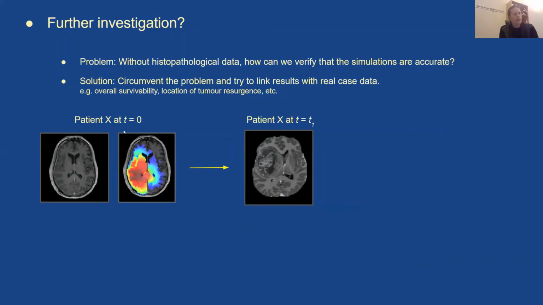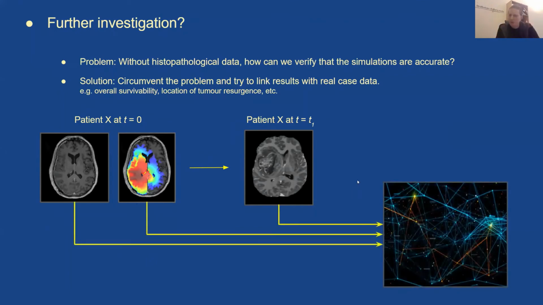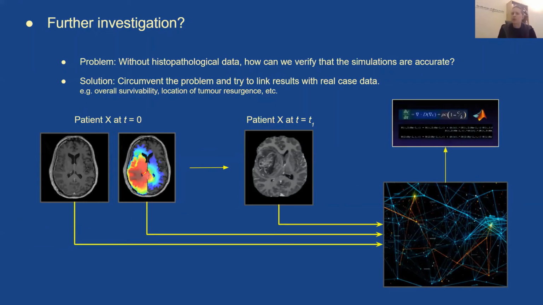So for example, let's say we have a patient at time 0. We have some GTV, and we simulate what we get. And then we compare our simulated predicted tumor invasion with a follow-up of the same patient later. And then we can maybe check if there's some sort of correlation there. This would be ideal for, say, a deep learning network. And assuming we could get that to work, we might find some optimal parameters which can further feed into the model to get even better results. This will be a first step in perhaps getting a CTV tool that could help with delineating these cases.